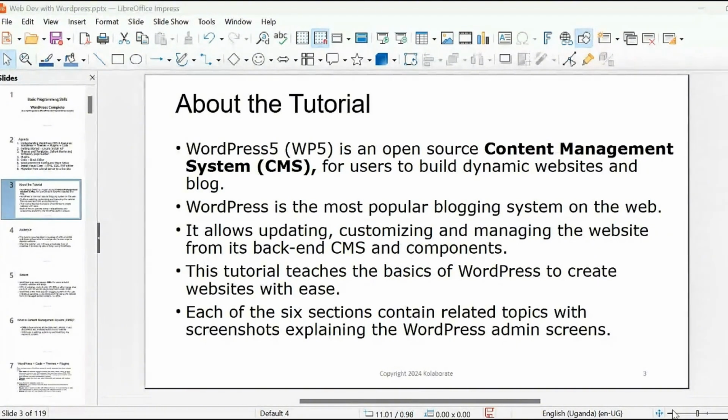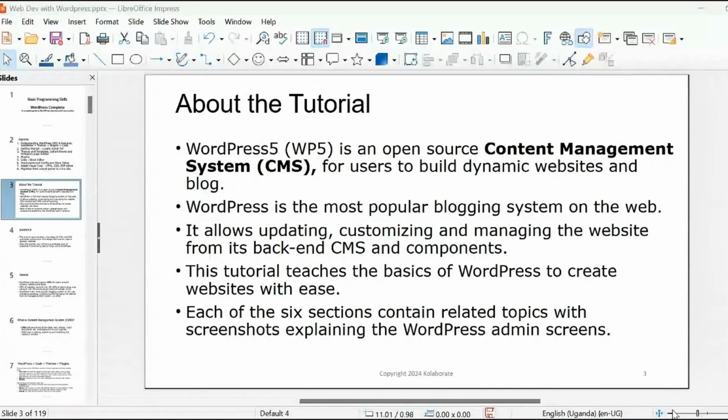It just styles. Then JavaScript is literally a programming language, and what it does is it adds functions to the website. In case you want your website to do something when someone clicks here, this is what it does. That is a function. That is what JavaScript does. So that is the front end. It's made up of those three languages.